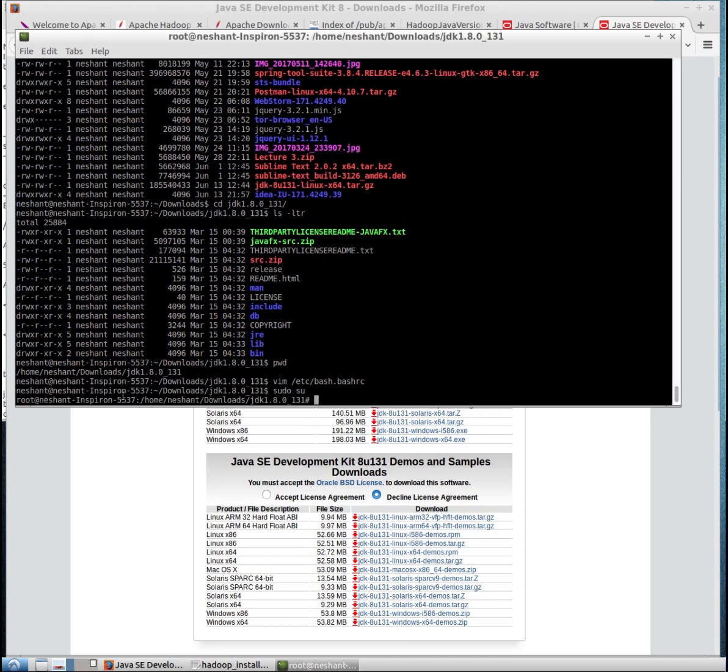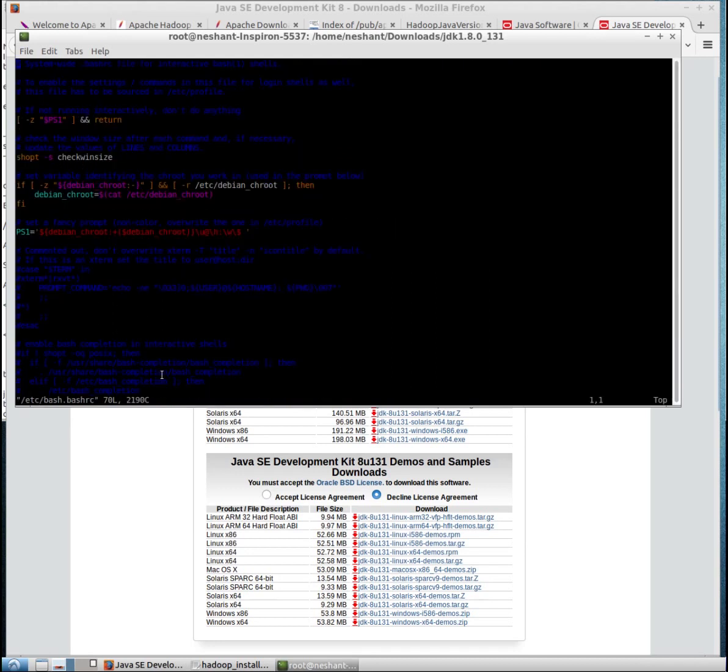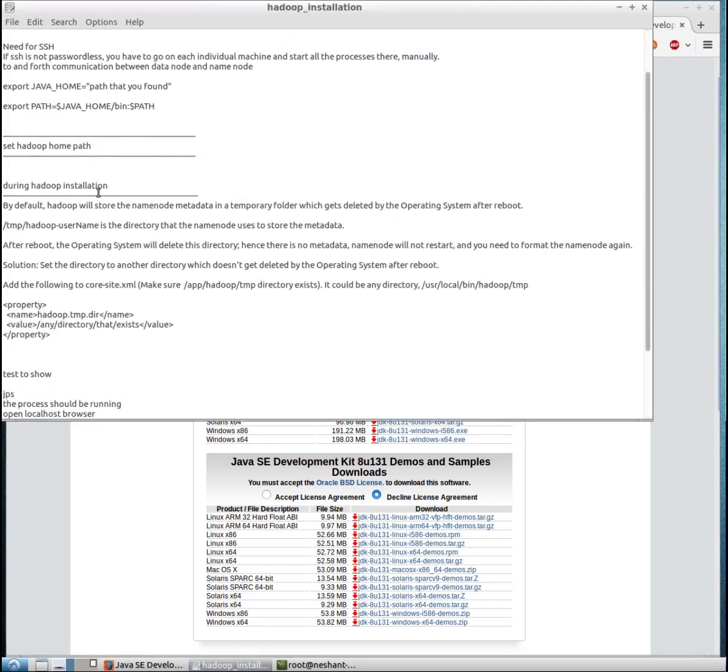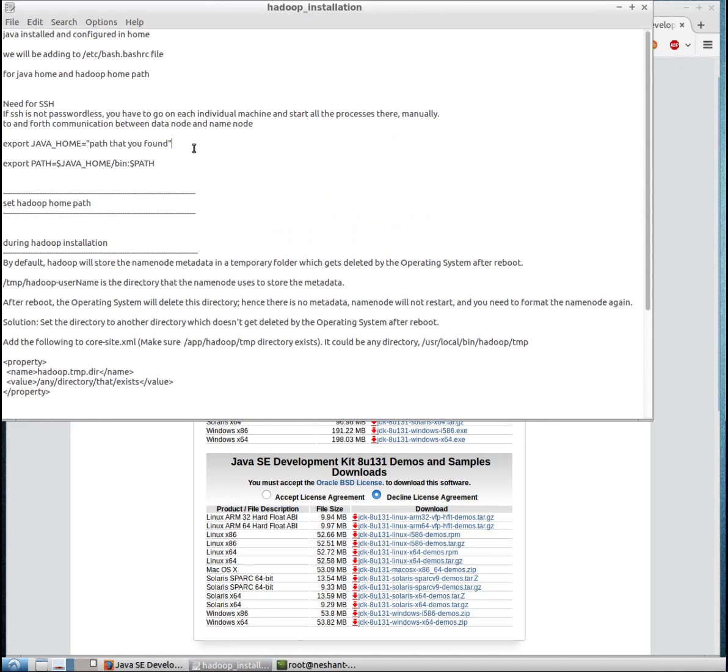Okay, and let me see if I have the path copied for the Java home. I'll edit that file again, bash.bashrc. I'll go to the end and paste this path which I have copied, and there is a format for setting a path, and that's right here. Let me copy this.